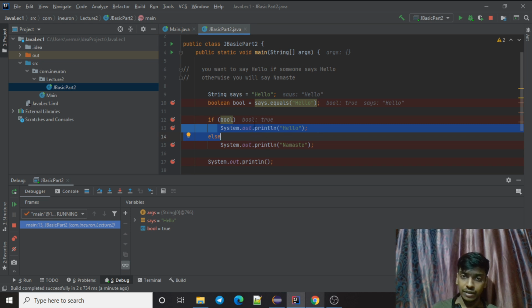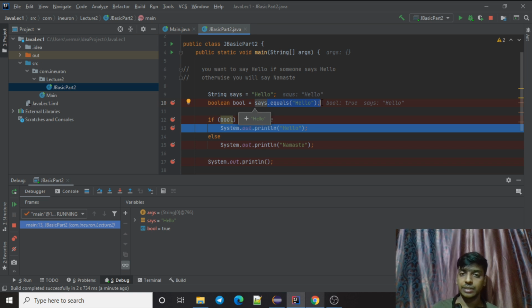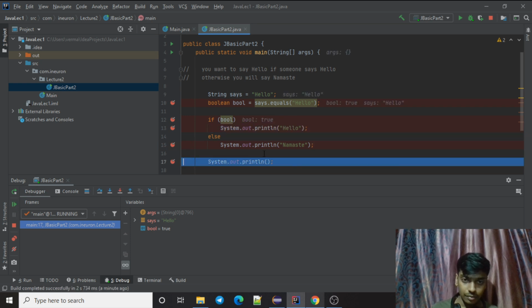So these are two different statements, they cannot run at the same time. Either this will run or this will run, and that totally depends on the value of the conditional statement. This is a conditional statement. Conditional statements are those statements which have a return value of true or false, right? So as you can see, after this it jumped to this point directly.